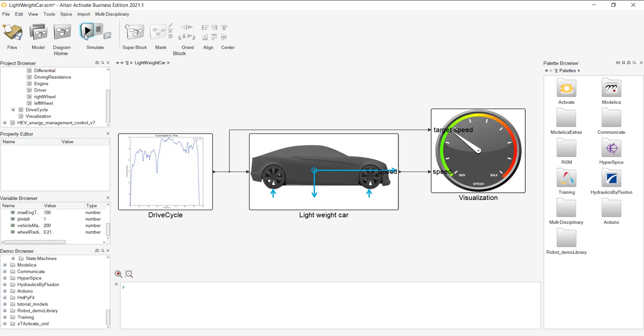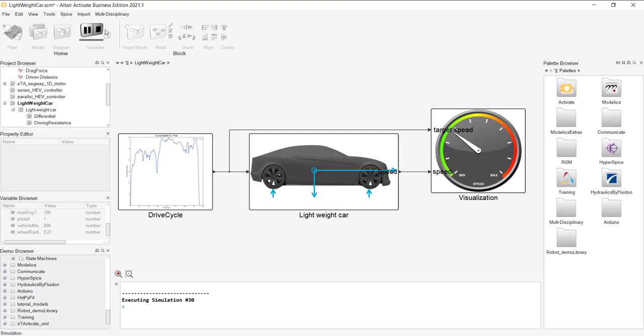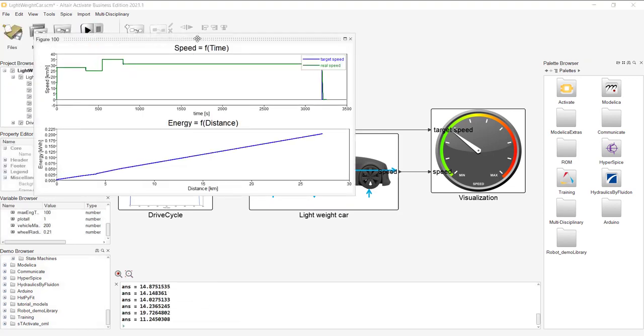So I can go ahead and run this model up in the top ribbon using this play button. And when I do so, this model pulls up a little user interface, a little GUI, which I can use to enter the parameters of the vehicle: the mass of the vehicle, the aerodynamic cross-section that's used in the calculation of the drag force, the braking force, and so on. And when I hit OK, it runs this model, and I can see that it ran very quickly,